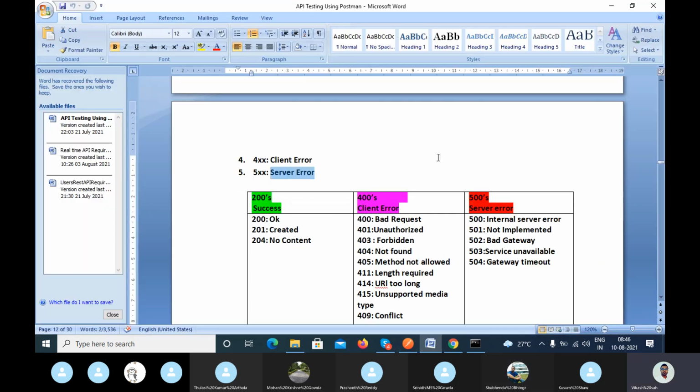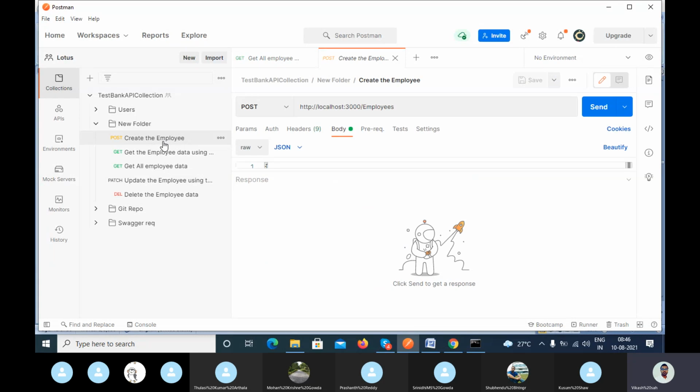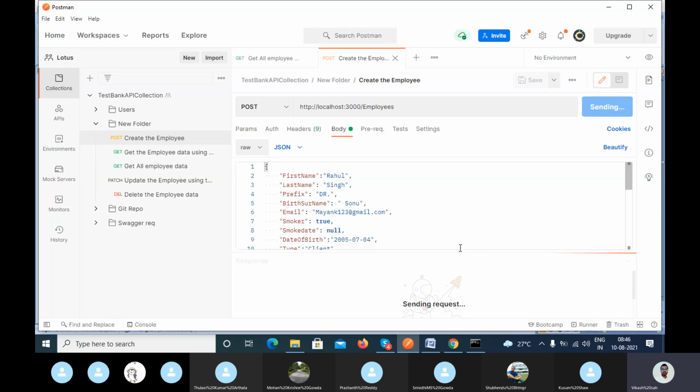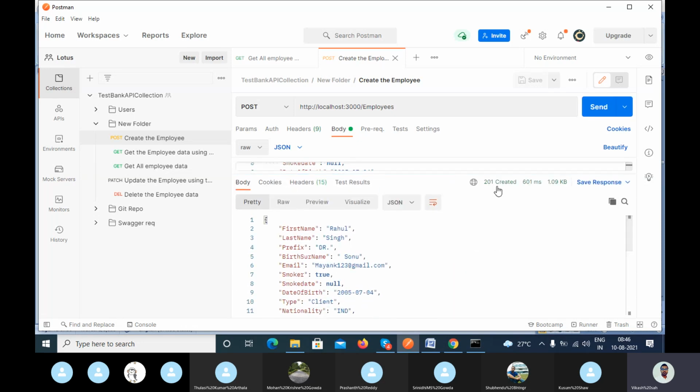Okay, so now 201 created. Again I am explaining the same thing which we have already seen in the previous classes. When I'm trying to create the data, what is the status code here? 201, right?